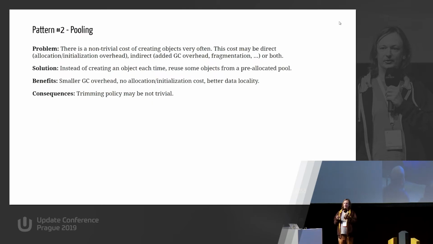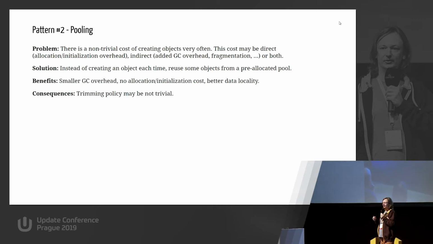So pooling is tremendously popular, and in fact a quite easy solution. If you are not writing your own pool, but using an already provided pool mechanism, it is easy to apply, and you get really big benefits. You reuse objects, you don't allocate objects, the fragmentation might be smaller because we are reusing the same objects, and the memory usage might be much smaller. So a very, very popular solution.